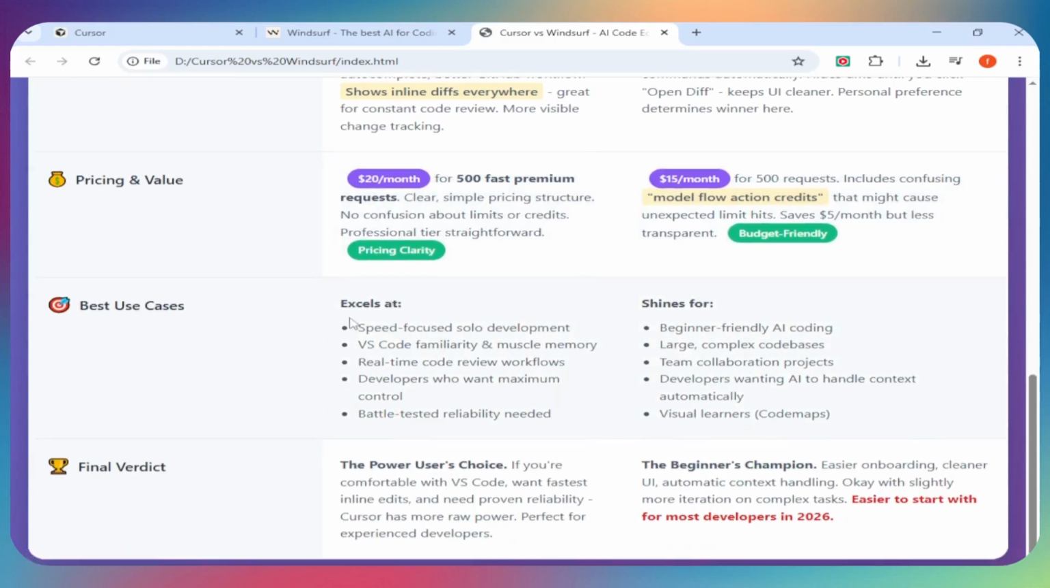Best use cases. Cursor excels at speed-focused solo development, VS Code familiarity, real-time code review, and developers who want maximum control. Windsurf shines for beginner-friendly AI coding, large complex codebases, team collaboration, and developers who want AI to handle context automatically. Bottom line: choose Cursor if you're already comfortable with VS Code, want the fastest inline edits, and need battle-tested reliability. Choose Windsurf if you want easier onboarding, cleaner UI, automatic context handling, and you're okay with slightly more iteration on complex tasks. For most developers in 2026, Windsurf is easier to start with, but Cursor has more raw